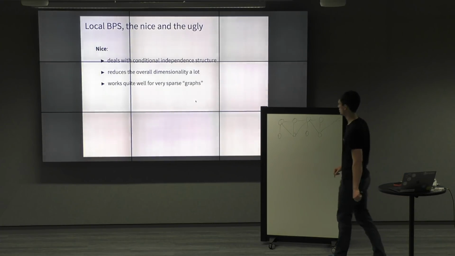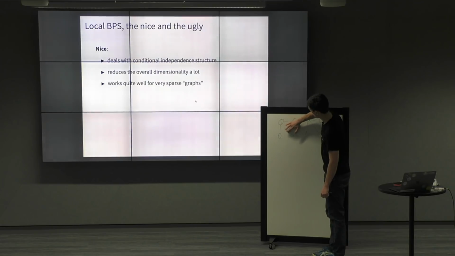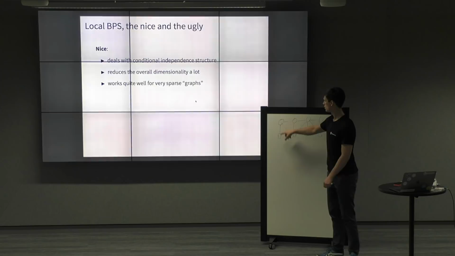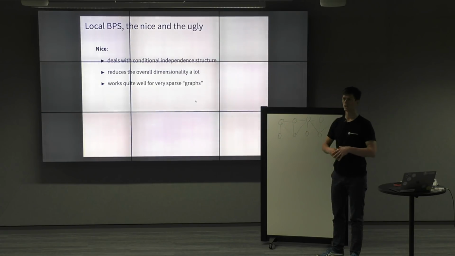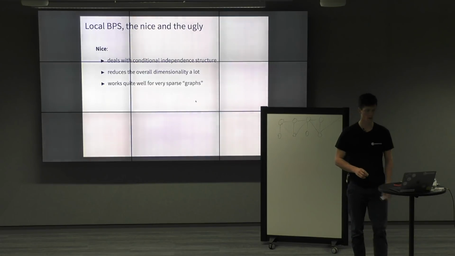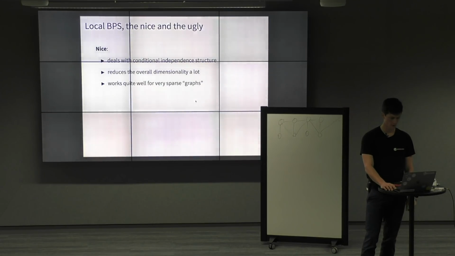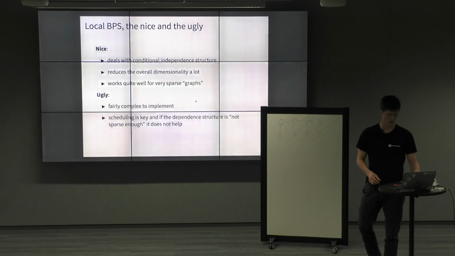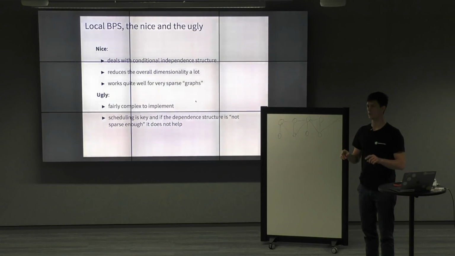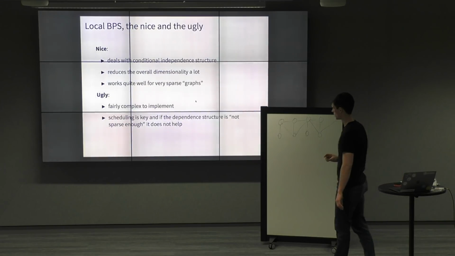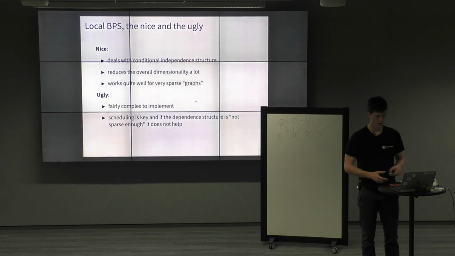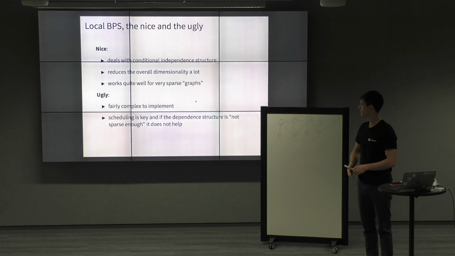And effectively what the local BPS does is it looks at every single node of that graph and it updates connected nodes. But if it's connected to a lot of nodes, it will update lots of nodes, right? That's where there is a bit of a caveat. So the ugly is, well, it's fairly complex to implement. Which node to update is a little bit annoying to work out, but once it's coded, it's coded. And the other thing is, if the dependent structure,